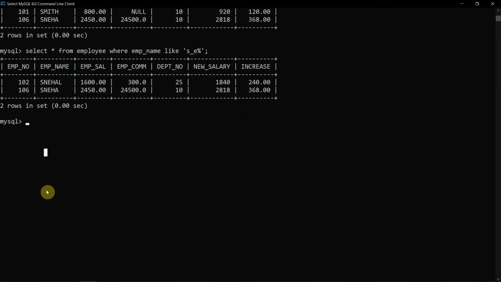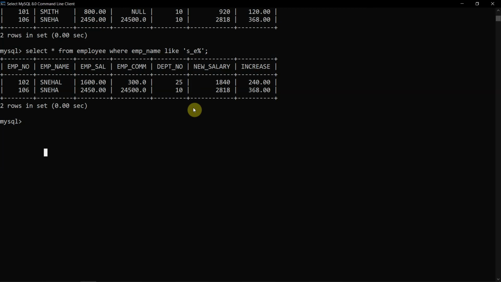But if I want to write for words that should start with this letter and this letter, the pattern is represented like this most of the time. So if you write percentage at the end of any letter, it will complete the whole word. And if I use underscores, it will limit your word, so your word should be of five letters or four letters.